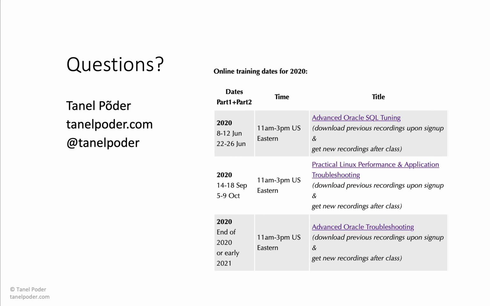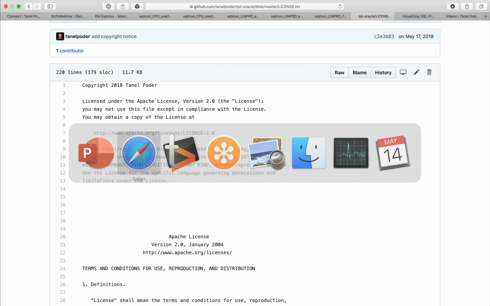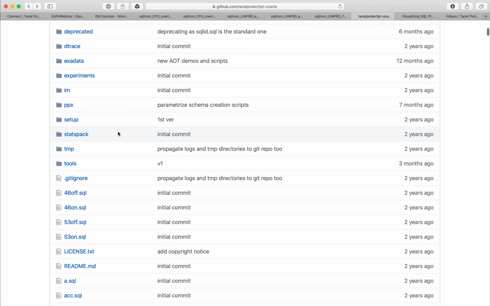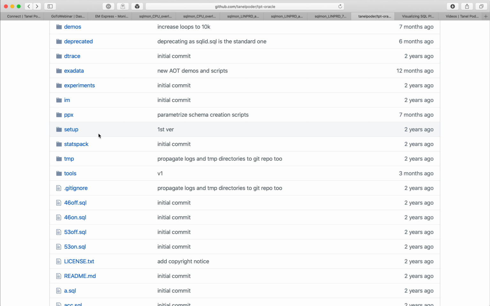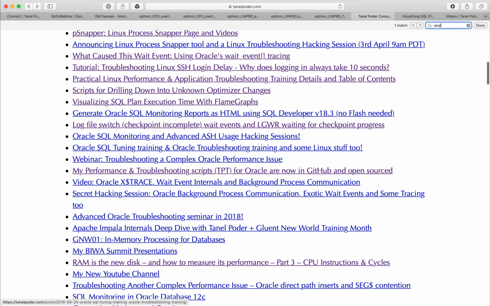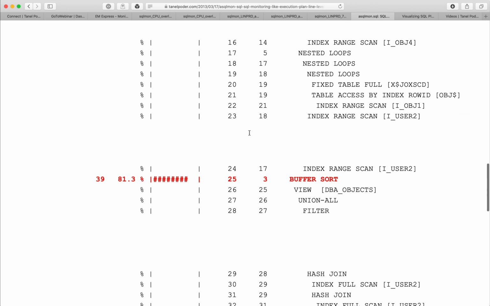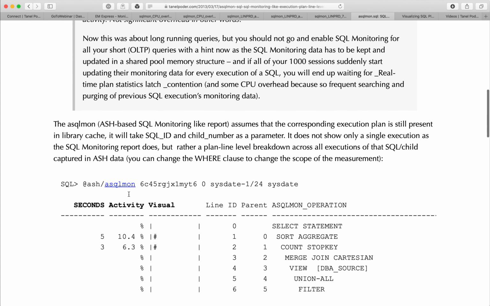Without SQL monitoring, what is the most reliable way to get the SQL duration for a parallel query? If you cannot use ASH or SQL Monitor, right? If you can use ASH, let me start from that. If you can use ASH but you don't have SQL monitoring, then you can use ASQLMon, because ASQLMon can actually give you